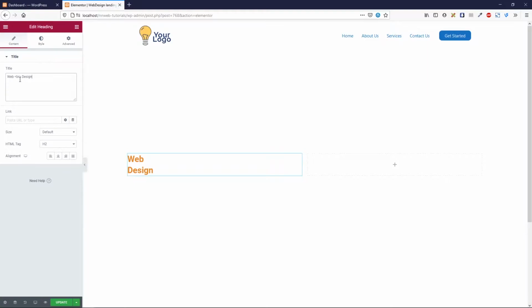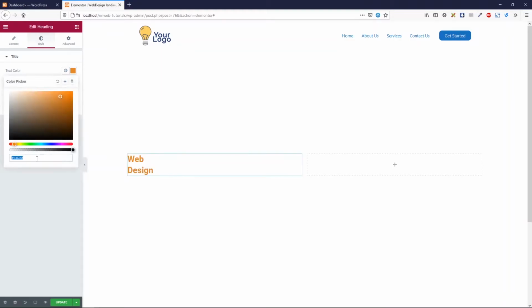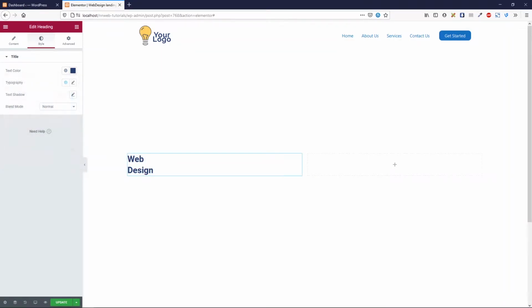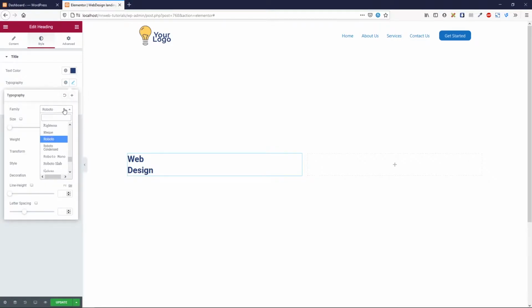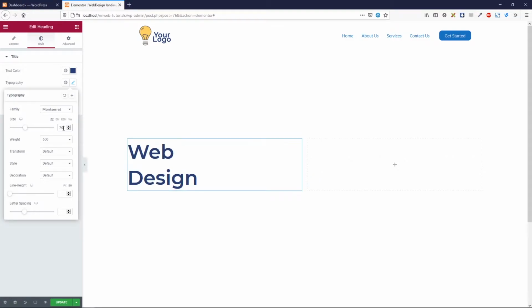This is breaking rule tag for HTML. And in the style, let's use this hex color for text color actually. And the font is Montserrat, 70 pixels and 700 weight actually. Okay, beneath that, let's duplicate